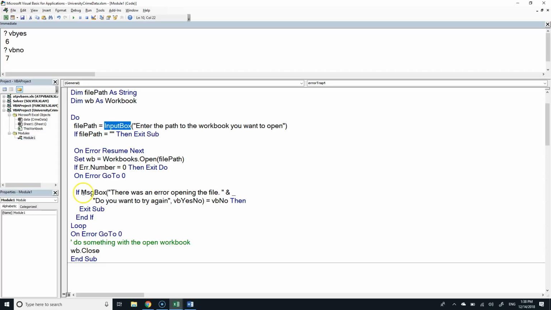If it fails, we tell them there was a problem and we ask again. So this is really a pretty clean, short example of a good use of an error trap. It's kind of a clean little error trap. Except for the fact that we like to avoid people typing in paths if at all possible.